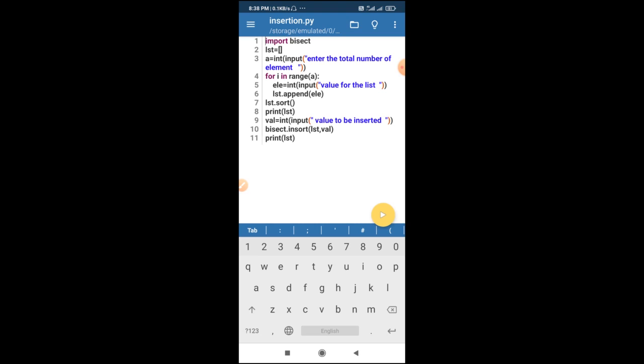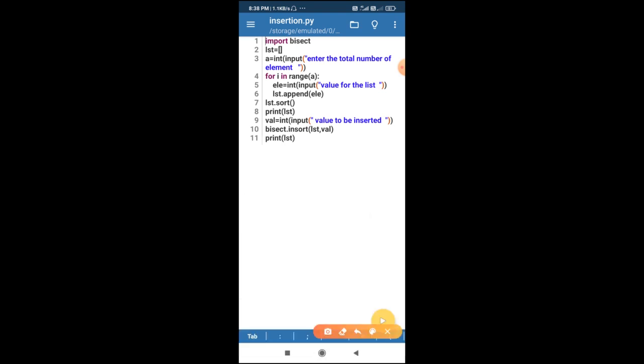There is one more caution: the bisect module only works when the list is sorted in the ascending order. If the list is sorted in the descending order, then it will not work. So if the list is in the descending order, just apply the reverse function. The reverse function puts the arrangement in the ascending order.